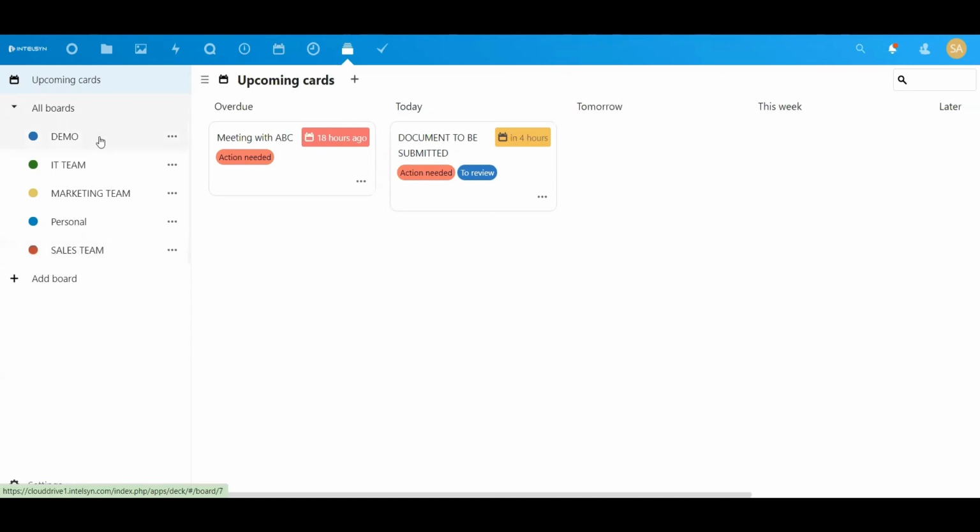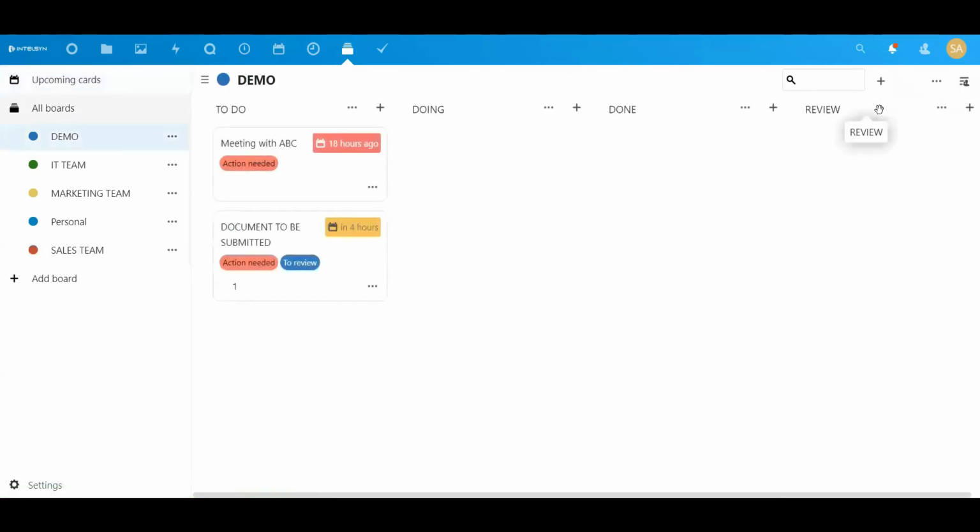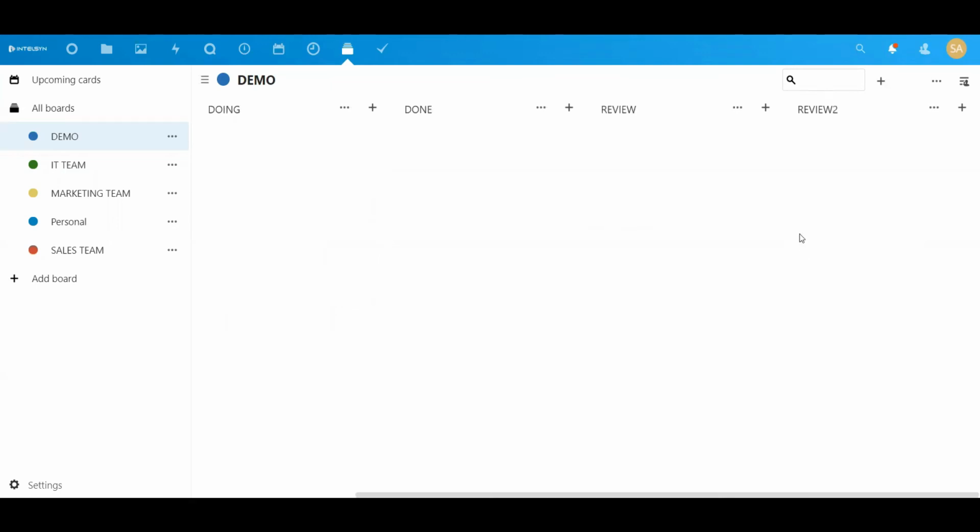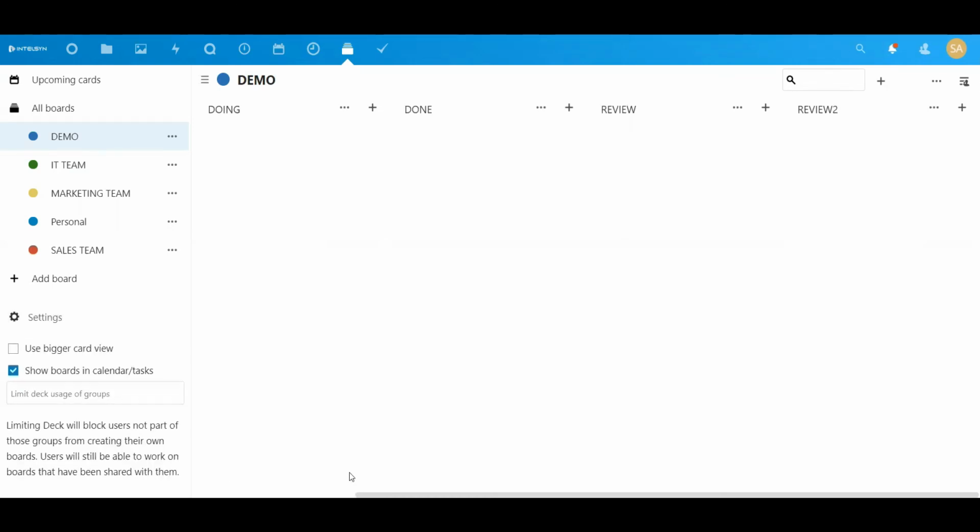Inside the board, this plus symbol is for creating a list. So you can just create the list. I'll just add here. Let me write review 1. Let it be review 2. As I've already written review 1, I've just written review 2. So see here, you can find review 2. These are called lists. Under each list you can have